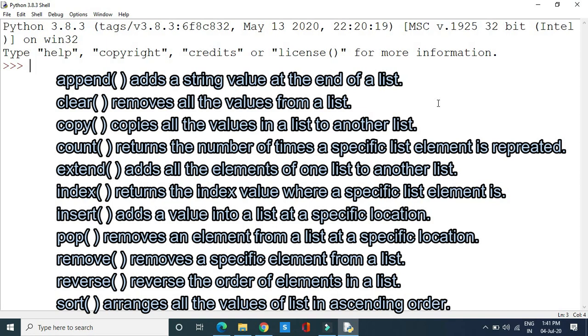extend function adds all the elements of one list to another list; index function returns the index value where a specific element is; insert function adds an element into your list at a specific location; pop function, which removes an element from your list at a specific index; remove function removes a specific element from your list;